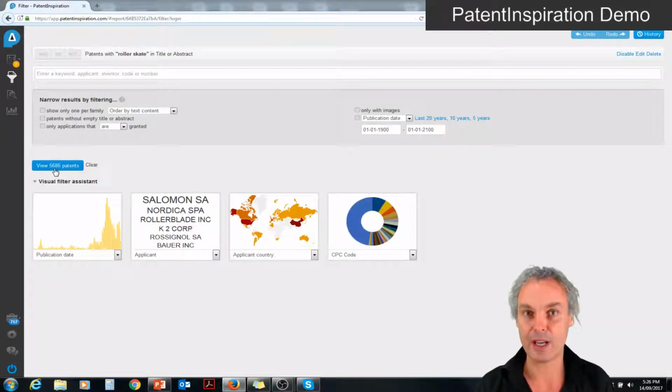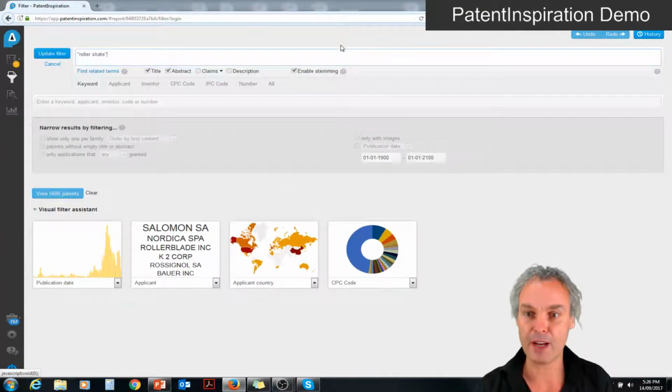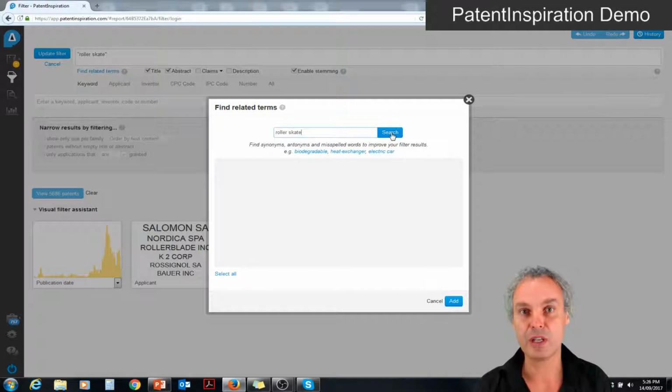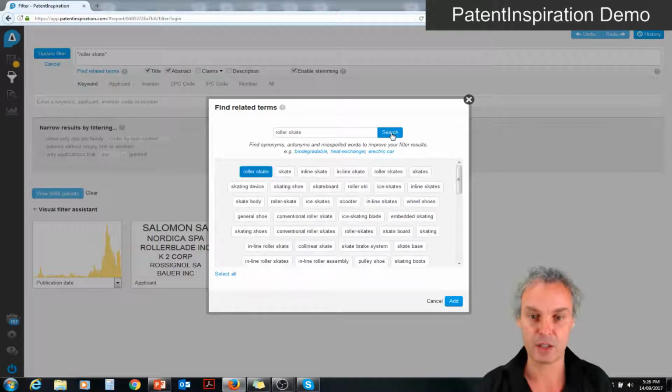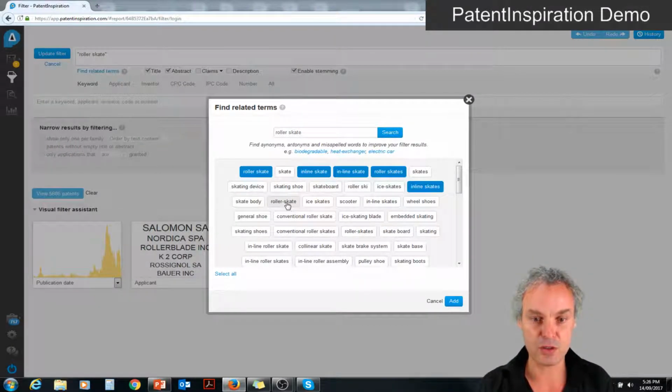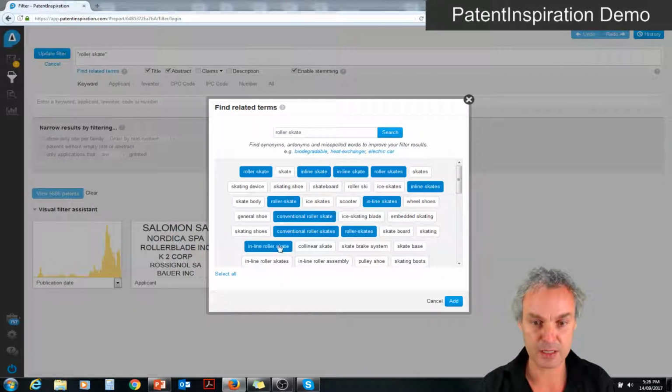Now, in order to be sure that I have all the necessary documents for my project, we have created something called Find Related Terms. So I place roller skate in Find Related Terms, and it will find all the words in the patent database that have the same or similar context to roller skate. So then I can see, of course, roller skate, inline skates, roller skates, inline skates. So I can choose, basically, select all the words that are relevant to my project. Roller skates, conventional roller skate, inline skates,